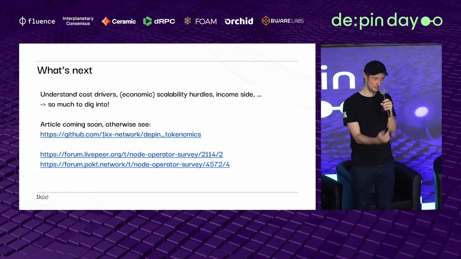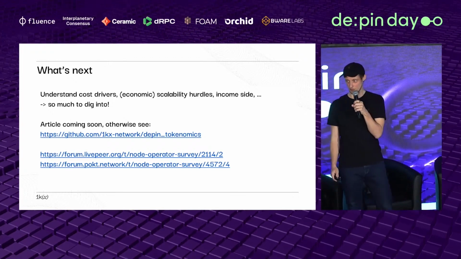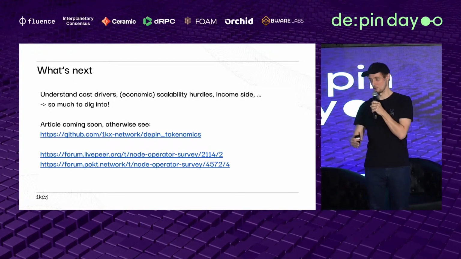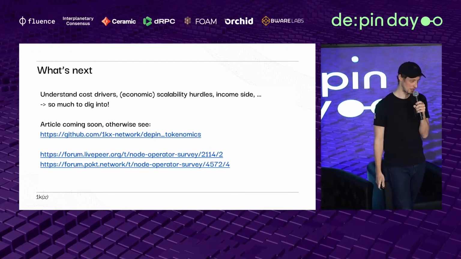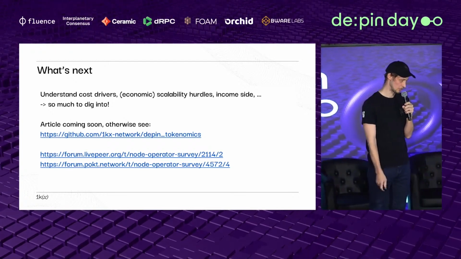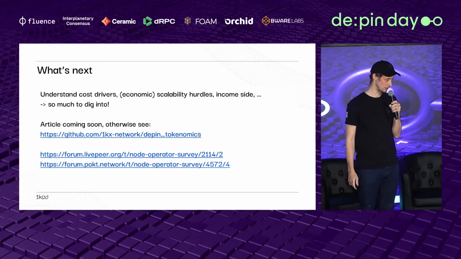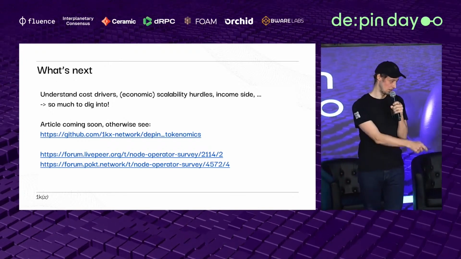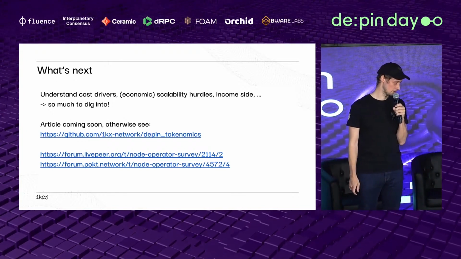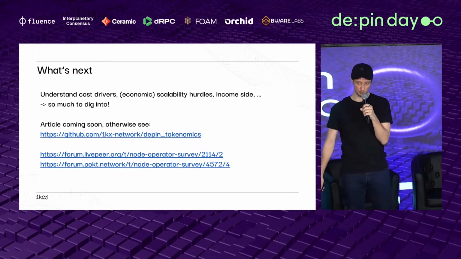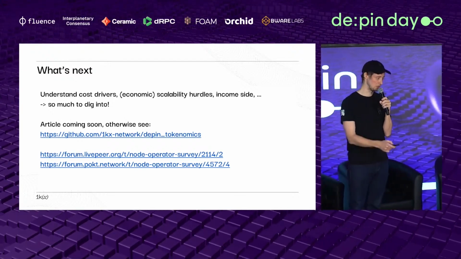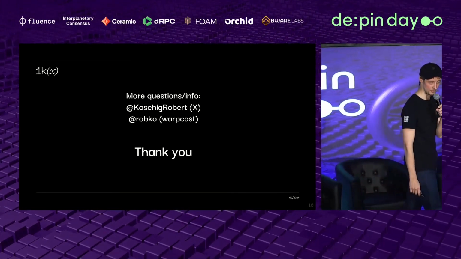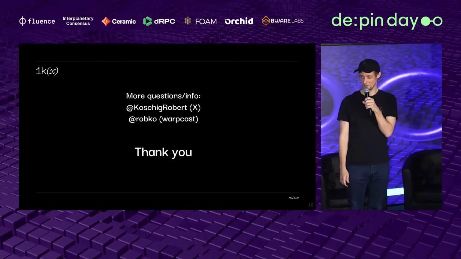And we'll post an article on it. We'll also publish the framework because we're looking for communities to plug it into their network and provide their numbers, so we get better comparisons. There's a bunch more DePIN-related tokenomics work we do, as I mentioned earlier, even a year ago on rewards. These other two links are on the node operator service. We did it for Pocket and for Livepeer. These are the ones we did with the communities. But if you just want to be lazy, just follow on X or Farcaster, and you'll see there when I have something new to report.